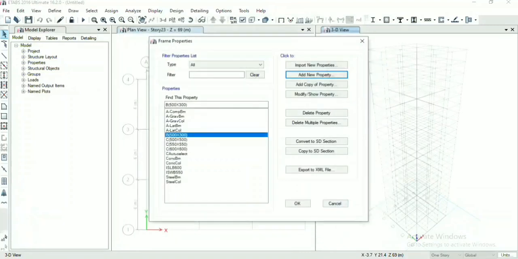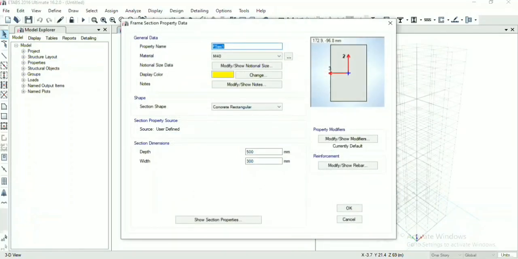Now as the material is the same, take add copy of property. B, 550 into 350.